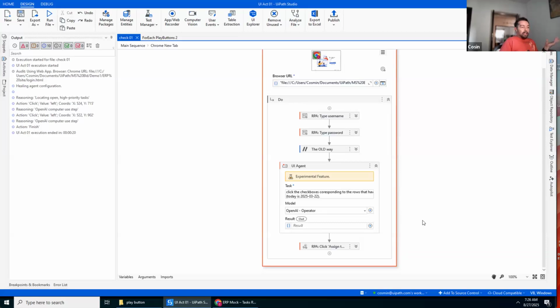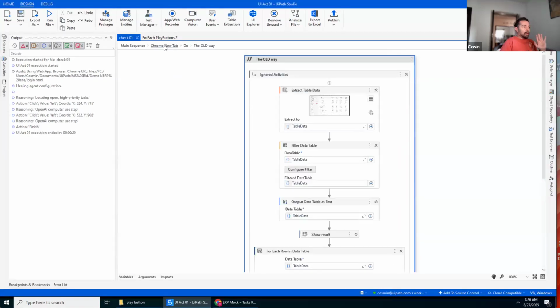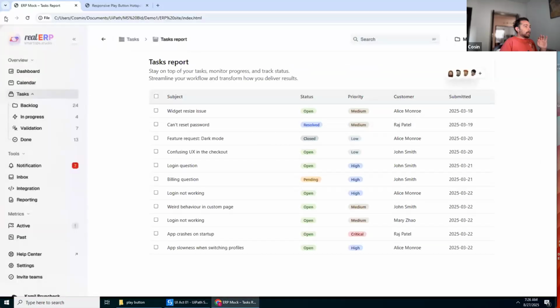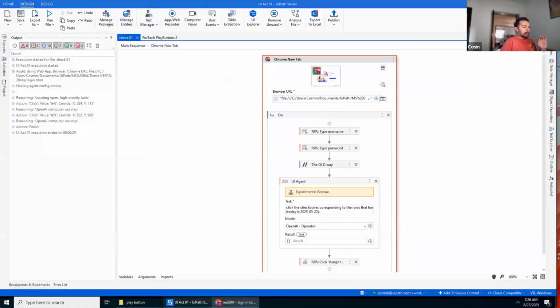Okay, so that's basically it. You can replace this whole thing with a single prompt. And let's see it running. Let me reset this to the initial state